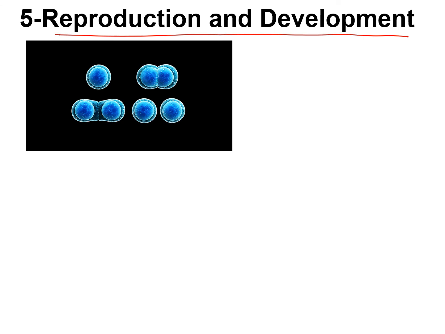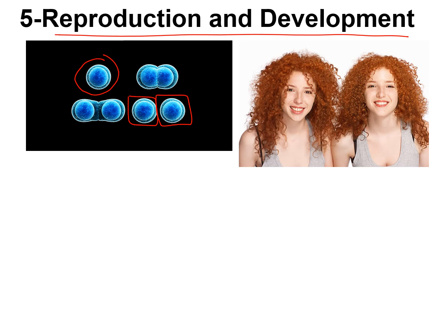Reproduction. So all living things are able to reproduce. So unicellular organisms, one cell, will be able to divide to form two individuals. So that's basic cellular reproduction. So that's a unicellular organism. Multicellular organisms also reproduce. But we don't go from one identical person to another identical person,